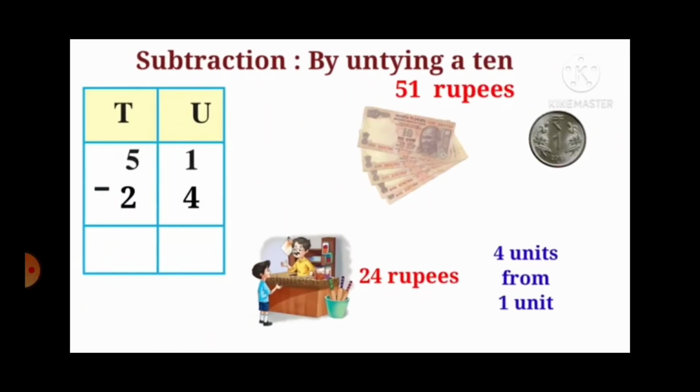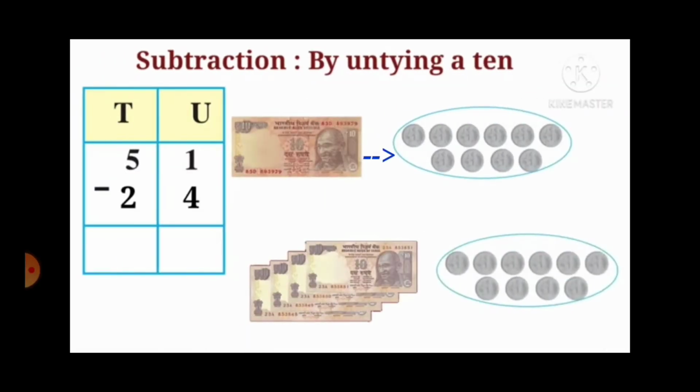Now, can we subtract or can we give 4 units from 1 unit? No, because 4 is greater than 1. So, we are going to borrow from the tens place. How can we borrow them? By untying a 10. So, out of 5 tens, 1 ten we untie and we exchange it into 10 coins